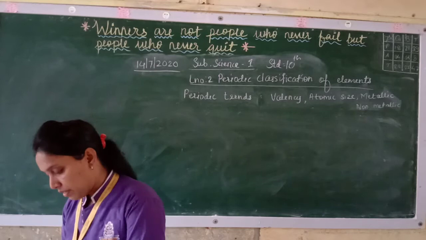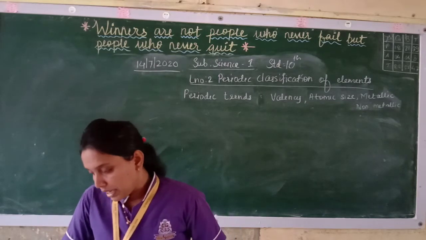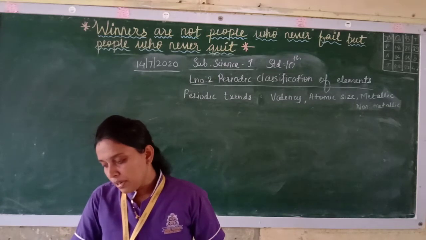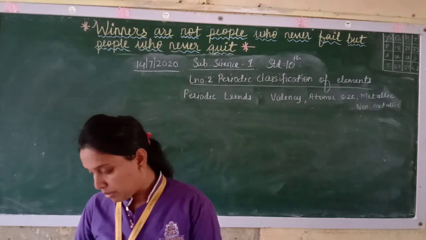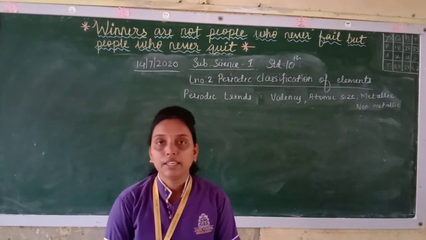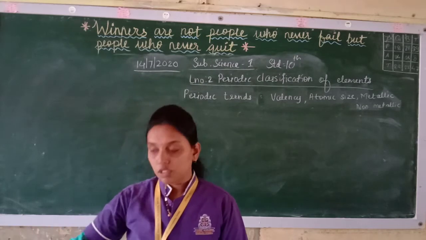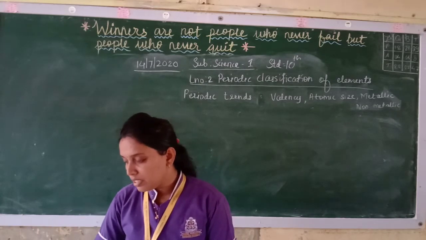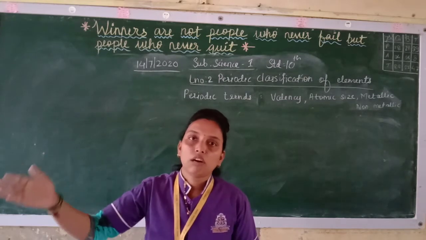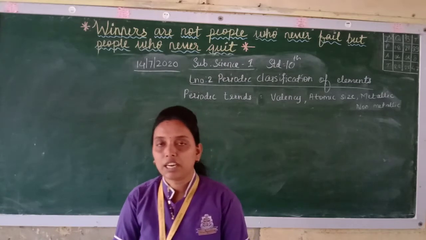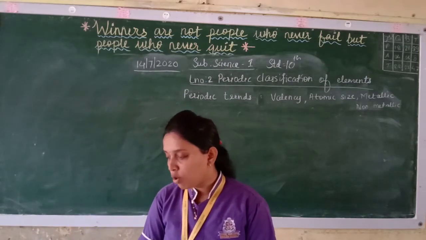Now what do you have? Atomic size. You have seen in the previous standard that size and volume are fundamental properties of matter, the substance that everything is made up of. Now the size of an atom is indicated by its radius, that is, from the nucleus to the outermost shell. So atomic radius is the distance from the nucleus of the atom to its outermost shell, and that gives you the size of the atom. Now atomic radius is expressed in picometers.